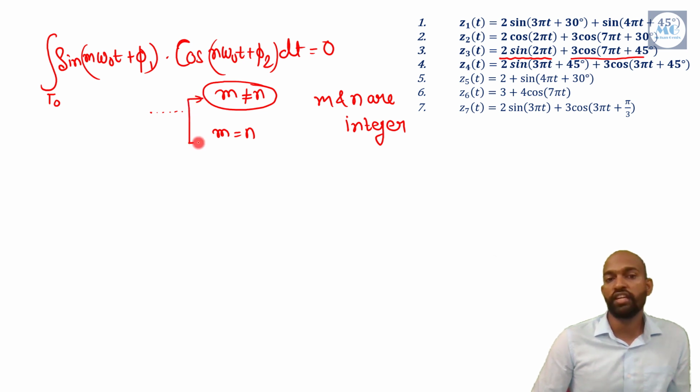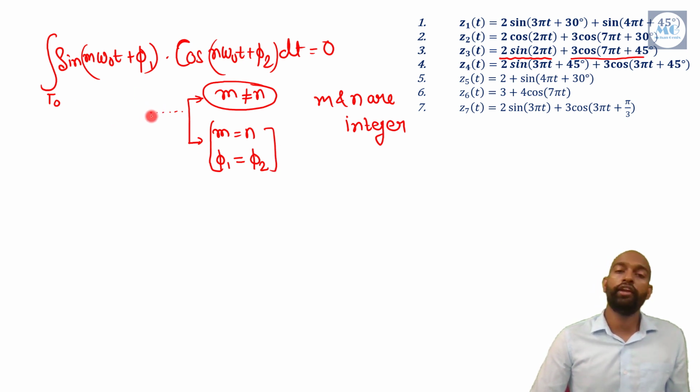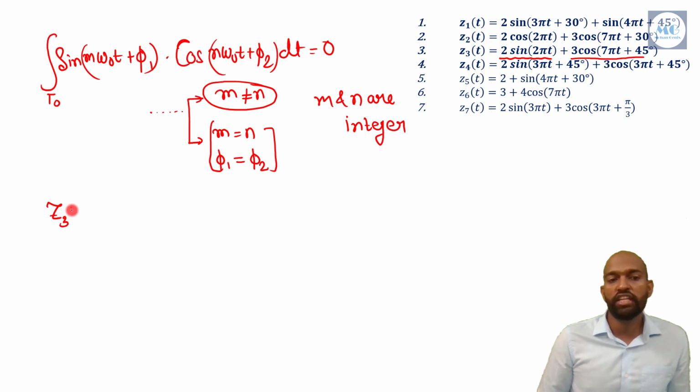This is our first condition and this is our second condition. If m and n are equal, then phi 1 should also be equal to phi 2. So using this formula and using our concept of orthogonality, we will solve question number 3, which is z3t